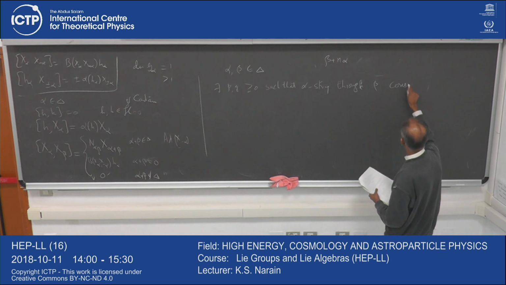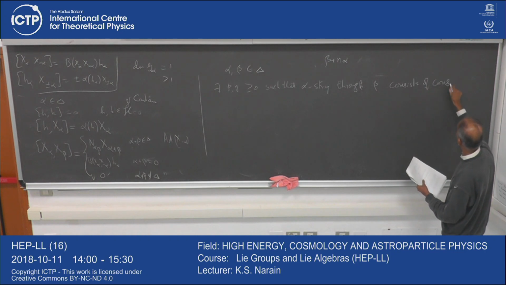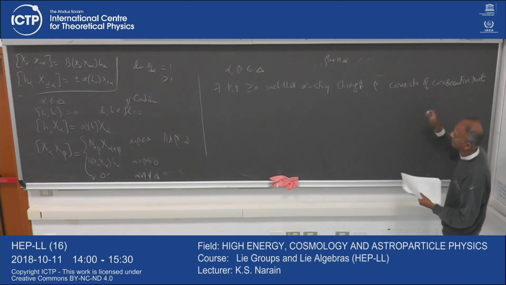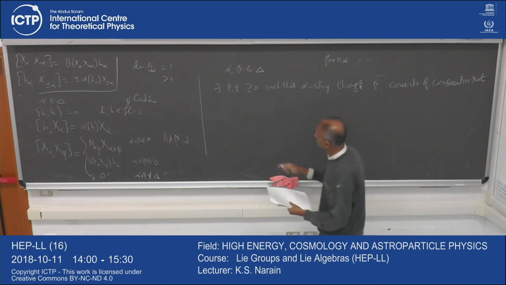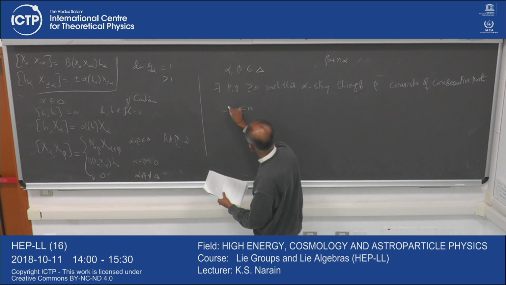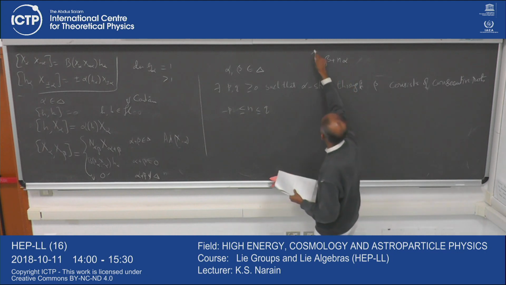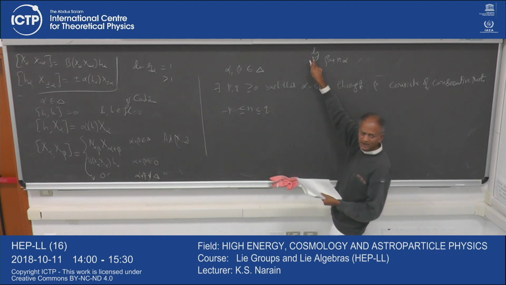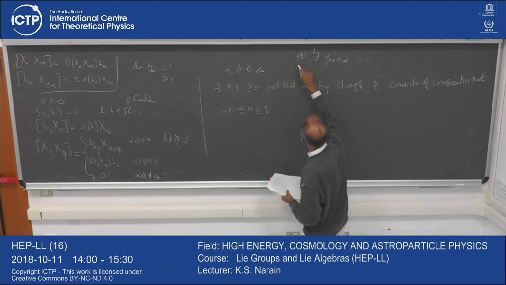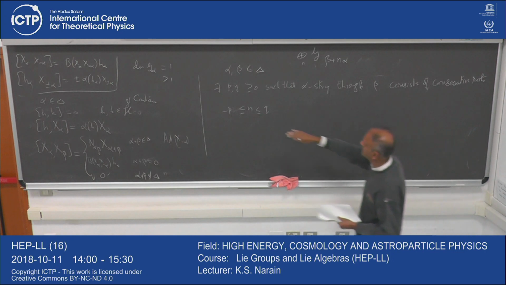Consists of consecutive roots in the range, with the same notation, n between minus p and q. So n is this, n is that. So we're looking at this chain. Now this g is one dimensional. We already proved this is all one dimensional, right? Apart from the Cartan point. So it's a sum over n. Okay, we're looking at this chain, and the statement is that there exist some integers p and q such that